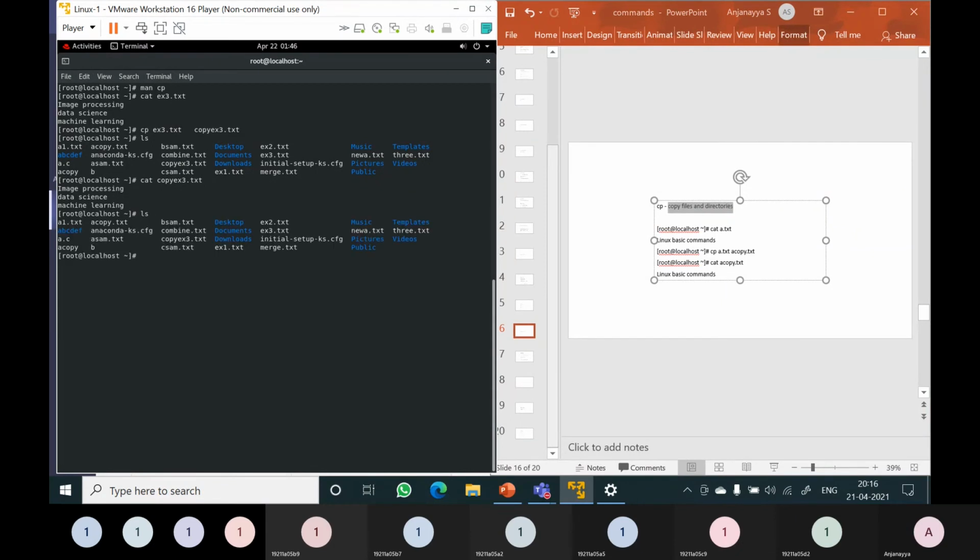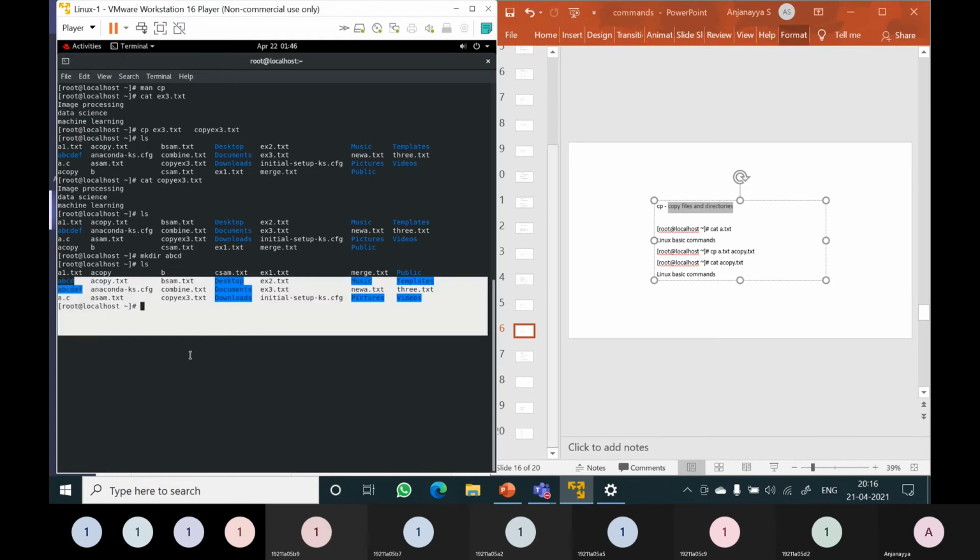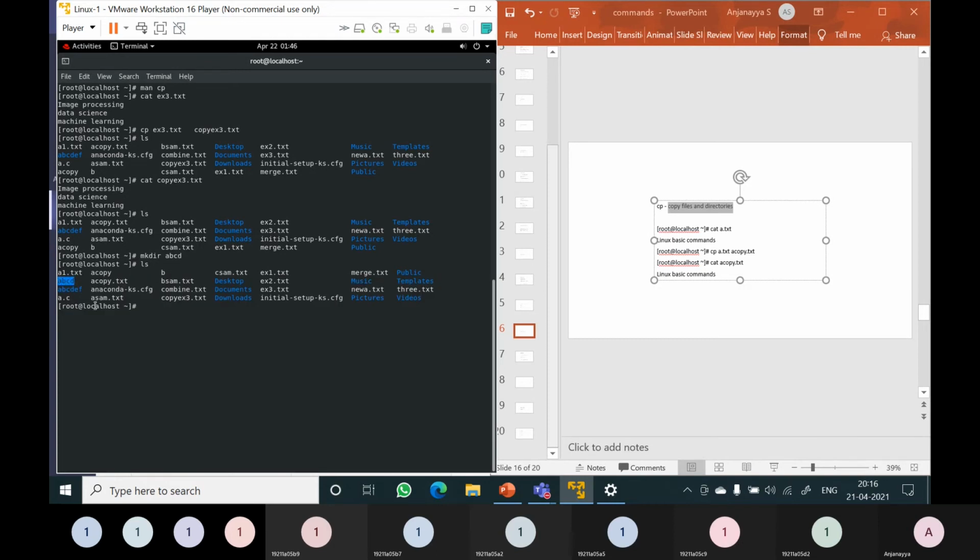Now ls. I will create one directory, mkdir abcd. Now ls. You can see there is a directory named abcd. Now I want to copy ex3.txt into the abcd directory.